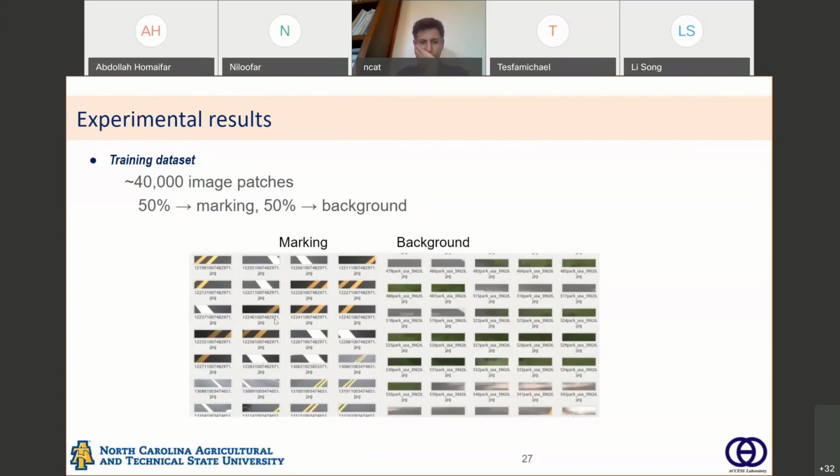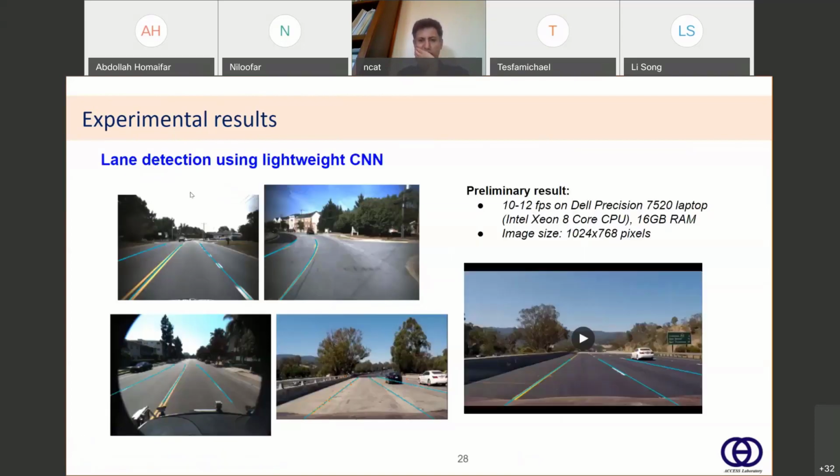By the way, it's very easy to generate this training data with just a few images. You can have hundreds or thousands of image patches. So we trained the network,